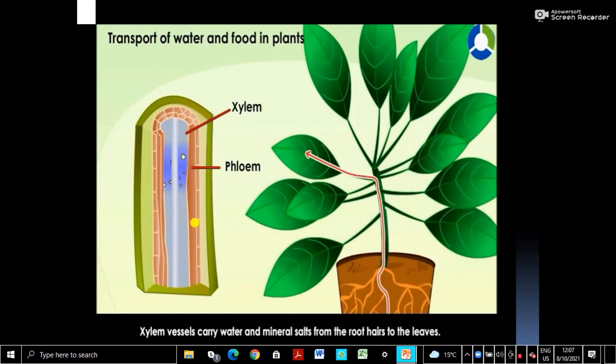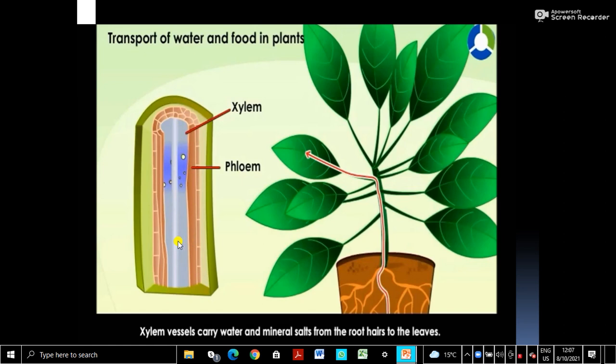And in previous lower classes you have learned that xylem is the tissue which transports water and phloem is the tissue which transports food. Xylem and phloem together are called the vascular bundles. So these are for the transport of material. So this is an LS of the stem. See, xylem acts as the water tube. Like we have water pipes, this is a water pipe. Xylem is the water pipe or water tube of the plant and phloem is the food pipe.